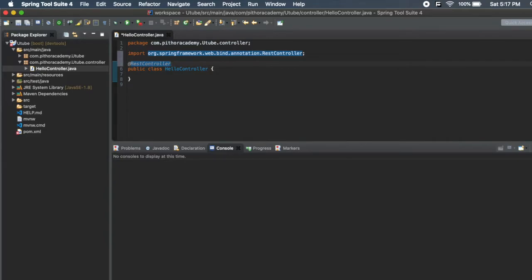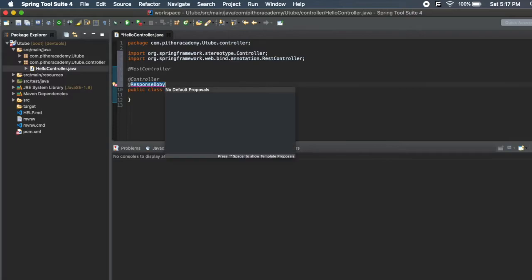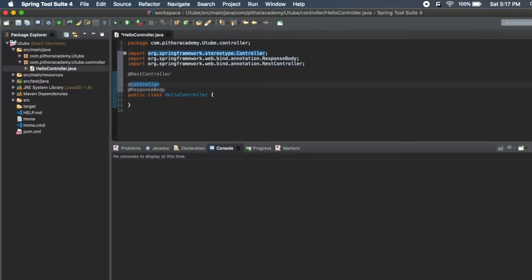Let me explain what @RestController is. @RestController is a combination of two annotations, @Controller and @ResponseBody. @Controller is used to mark a class as an endpoint, as we discussed earlier. The second thing is @ResponseBody.